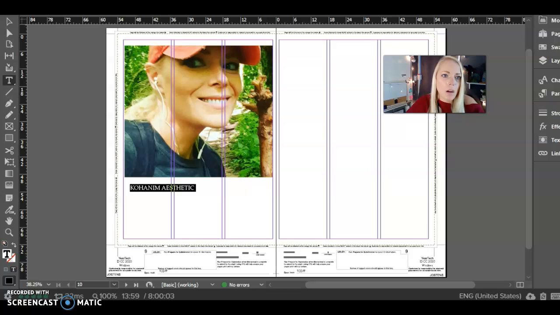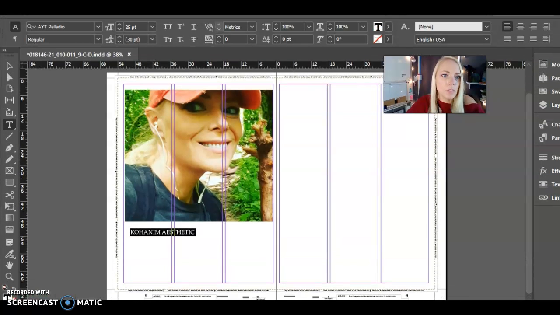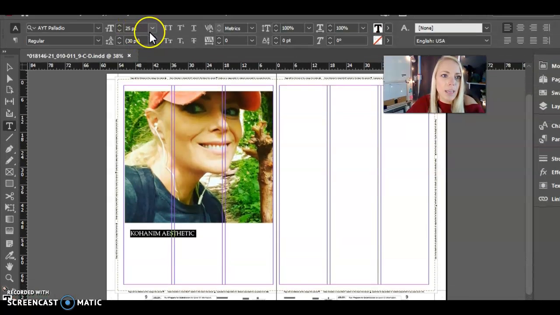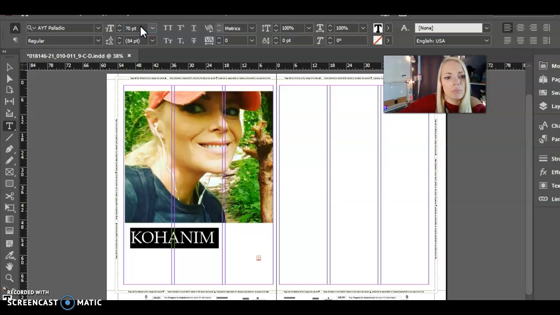Now I can do this little arrow button. Sorry, I didn't realize you could see that. I can use this little arrow button up at the very top to make it bigger or smaller. Or, as you guys remember with anything else, you can just type it in here. And let's say I want to make it like 70. Okay. Now, do you see how this little red thing came up? It's like, nope, that's